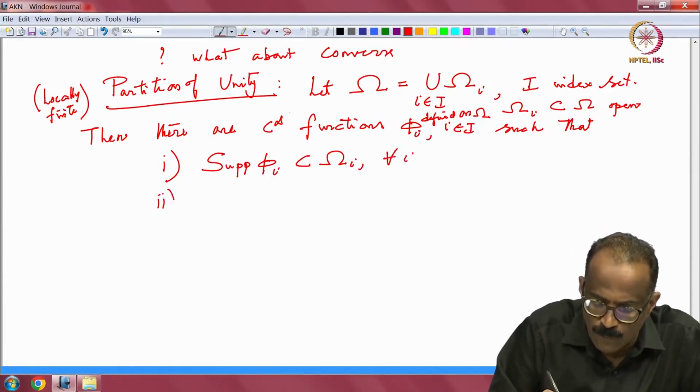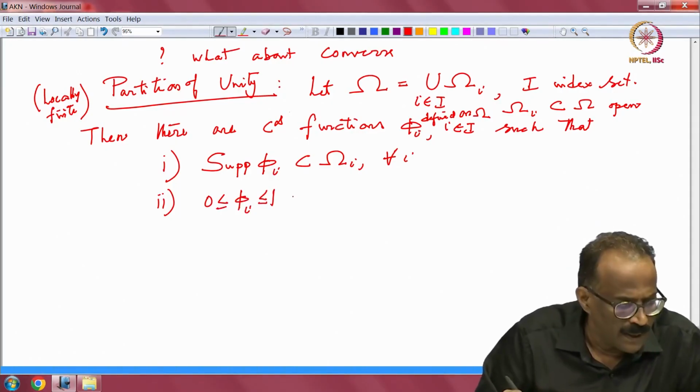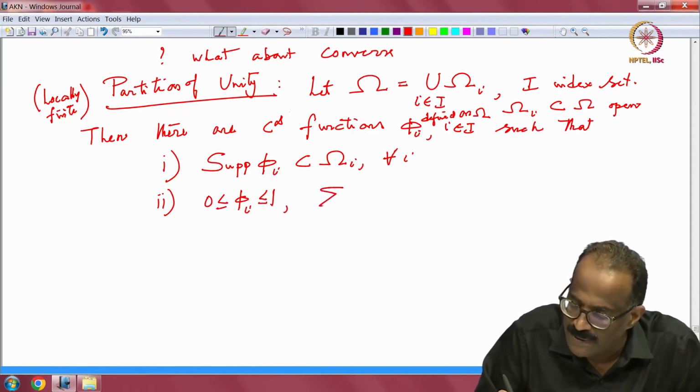Second, 0 is less than or equal to phi_i, which is less than or equal to 1, and this is why it is called a partition of unity: the sum over i in I of phi_i